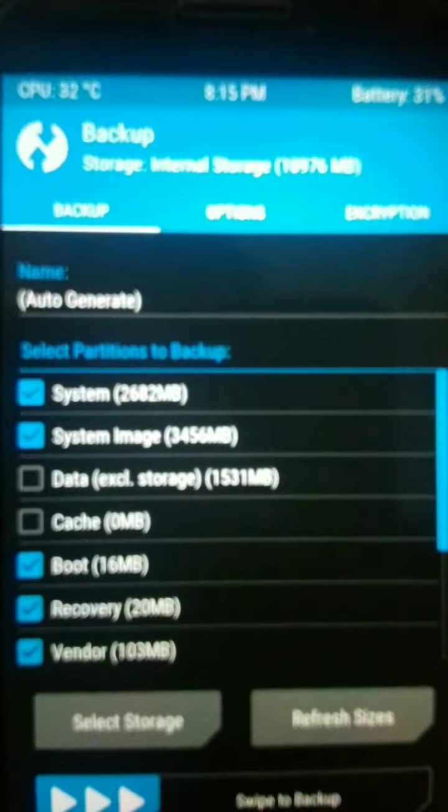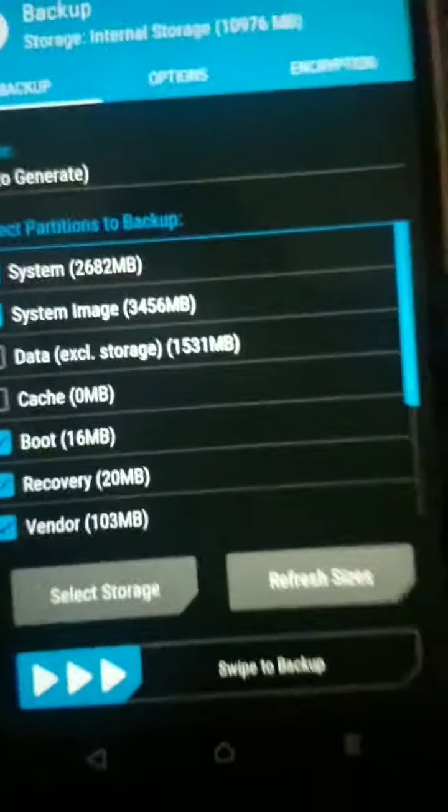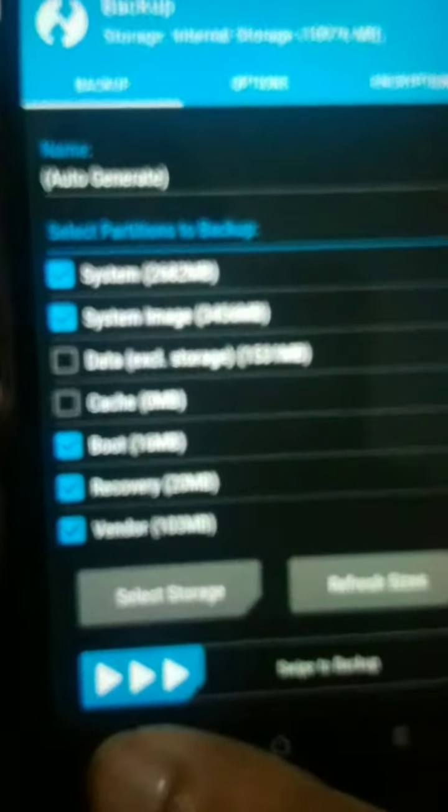If you were unable to back up your phone, you can use this data partition backup option too. I have already backed up everything on my phone.